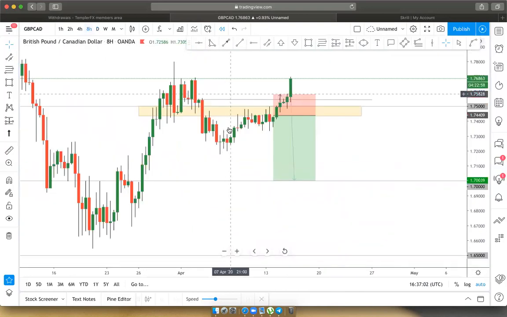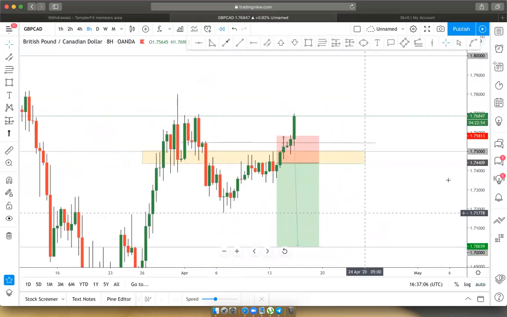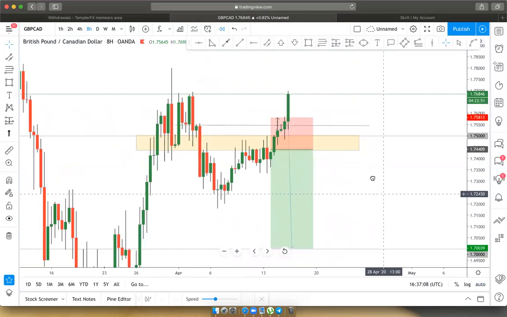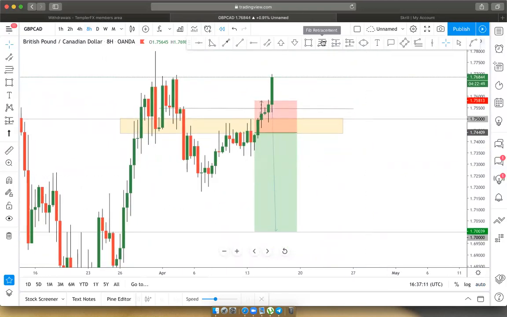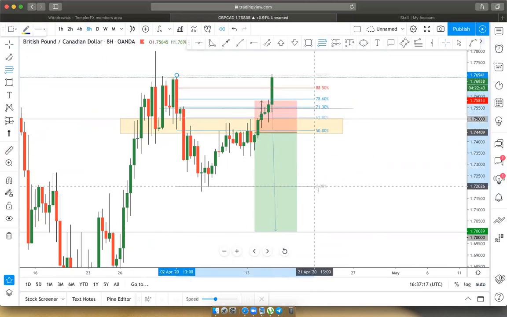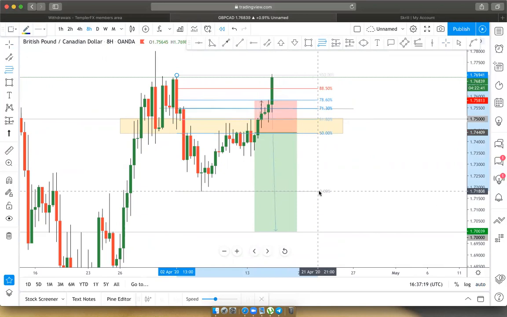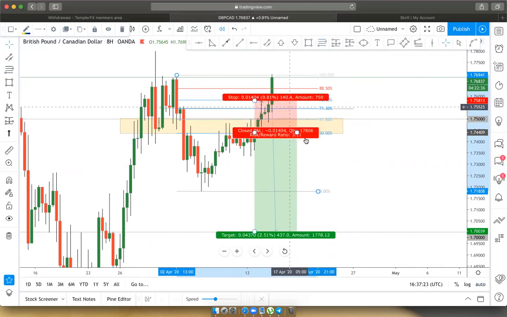So I went to 4 hours. This trade we took on 2 hours time frame. First of all, I come to the 4 hours. Then I measure this Fibonacci retracement here up to this level down here. So between this 50 and 61%, it was